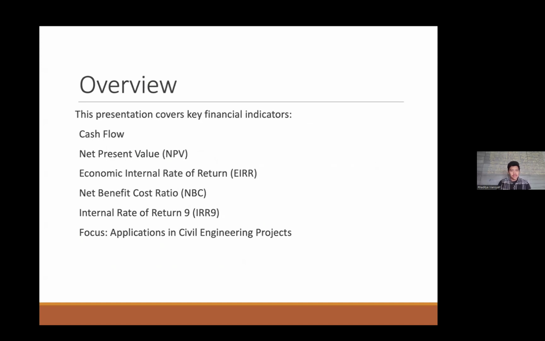We are going to understand the tools to make the difference between a successful project and one that burns resources. So first, we are going to talk about the